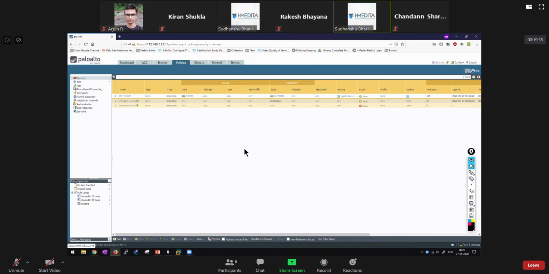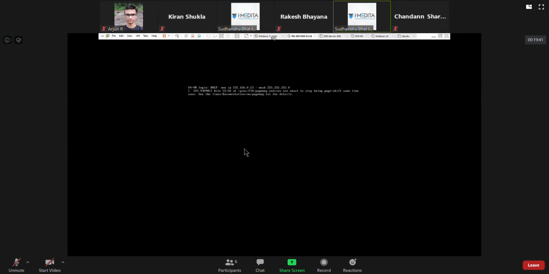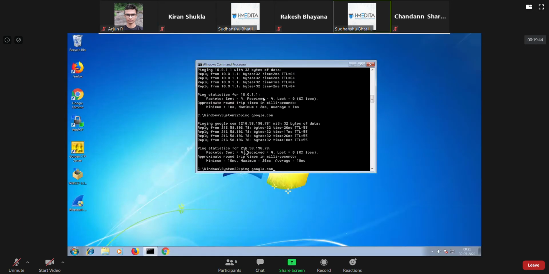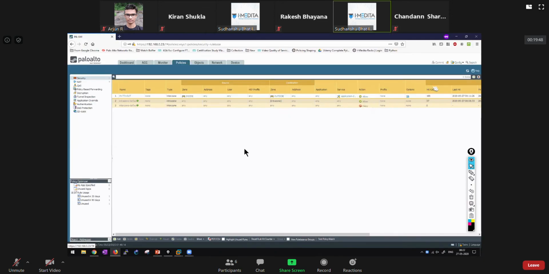That's why we have this. The count increases each time there's a ping. So that's pretty much the base configuration that we have. You see these counts increasing.